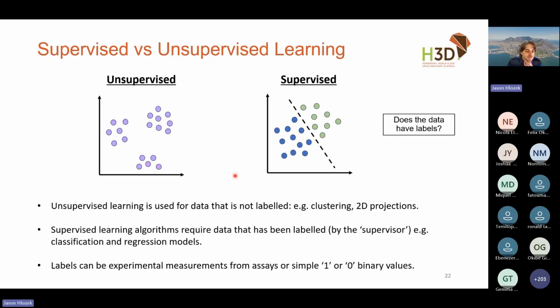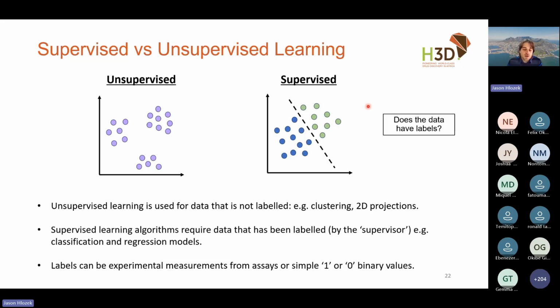Just before we get there, something else you might have heard or will see in papers is this concept of unsupervised versus supervised learning. And all this means is, does your data have labels? And for a chemistry data set, the chemistry compound structures are the minimum that we need. And if we don't have any activity data, we can still do some analysis around that, and that's what we'll talk about next. And that's what we call unsupervised learning, which means the data set has not had labels by a supervisor. Compared to supervised learning, where you actually do have labels.